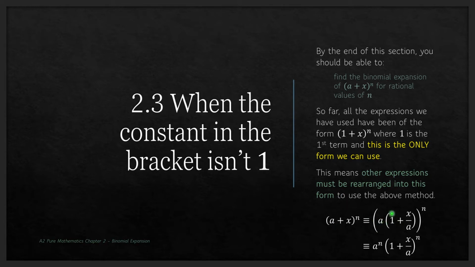When we factorise it out, it looks like this. We've got the power of n acting on both of these, so this actually becomes a to the power of n. Now if we just take a moment to think about a simple example maybe. So if I just look at something like 2 plus x squared, let's keep it basic because we know how this expands. So when we're expanding this out, because remember if we were doing it the other way, if we're not using binomial and we're writing it this way,